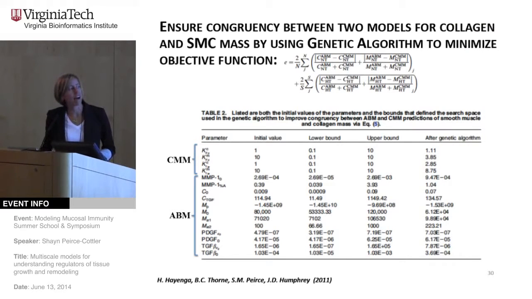And we did that by altering 16 parameters, 4 in his model and the remaining 12 in our model. These are parameters that we determined in the sensitivity analysis were really influential in both of our models. That's why we picked them. So we varied these parameters in order to minimize an objective function that was based on some of the key outputs of our model, which were collagen composition and smooth muscle cell composition. And when we forced our models to agree with one another and adjusted parameters so that they would give the same output with respect to those two features,